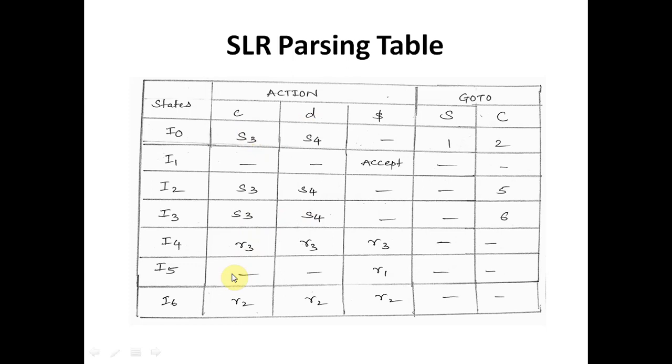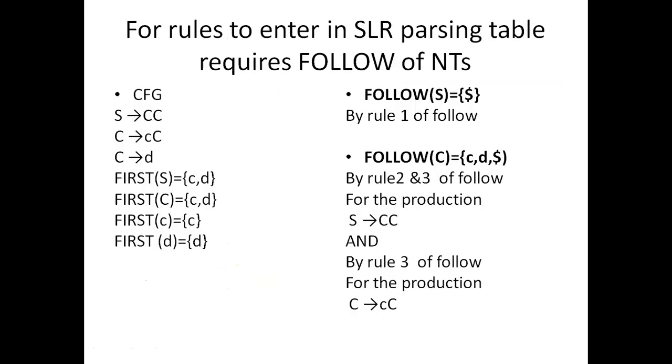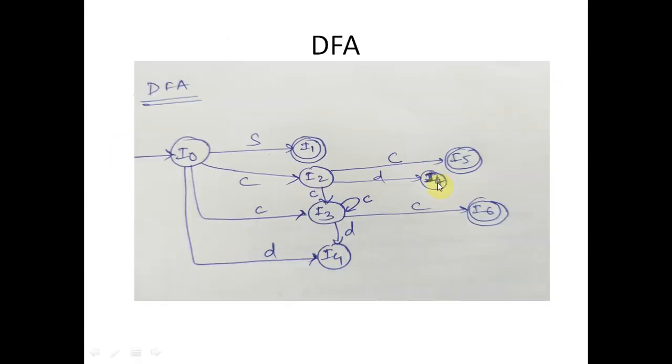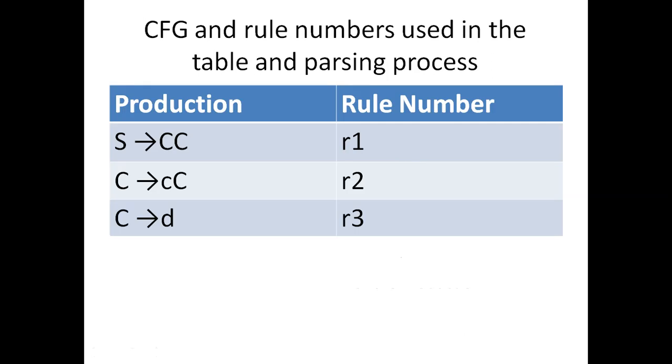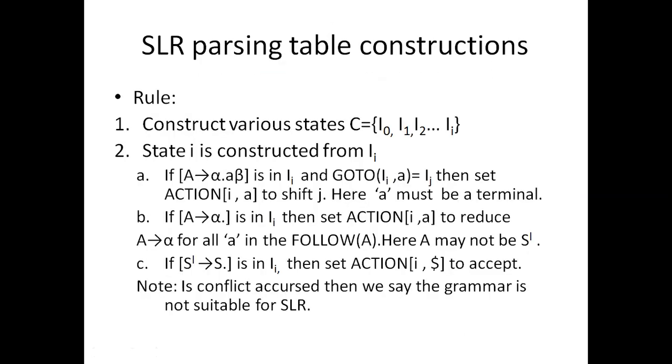Now we'll see whether any other state is receiving a terminal. The fourth state has no terminal, the fifth state no terminal, the sixth state no terminal. So no other shift actions are possible, because we have considered all the terminal symbols that the states receive. Now the next rule; this one we have completed.